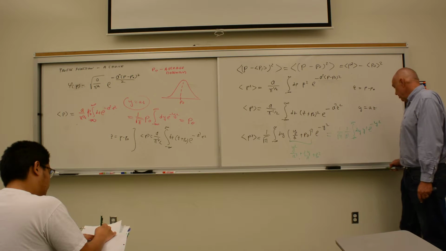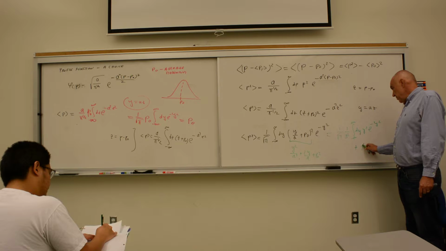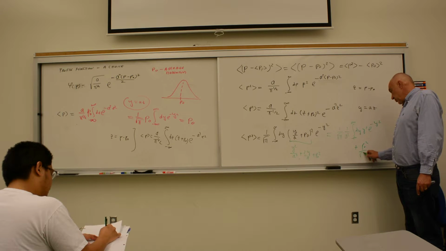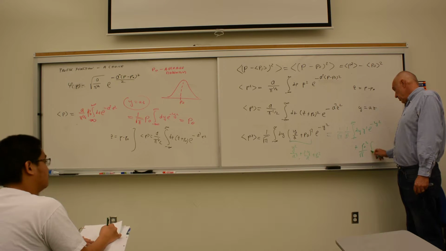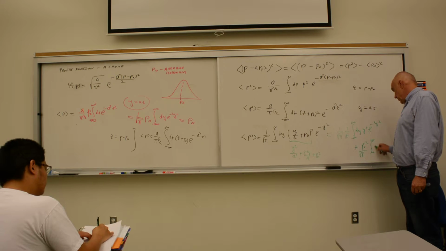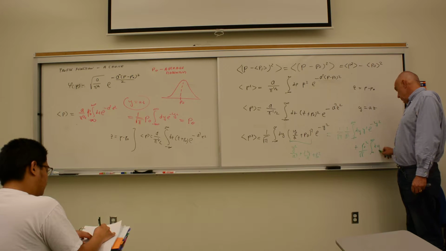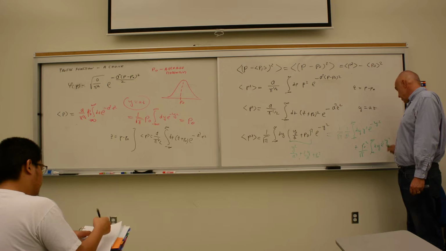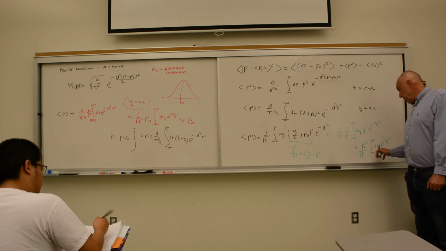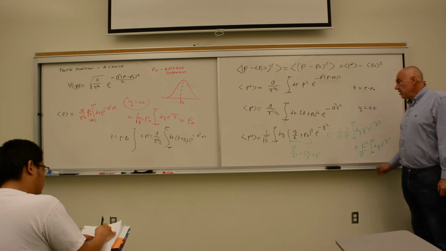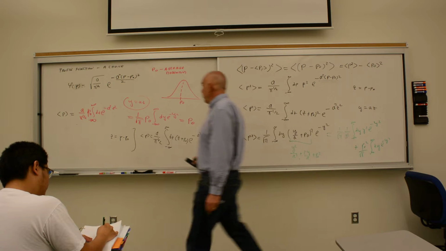And the last term is p0 squared over square root of pi, integral from minus infinity to plus infinity dy e to the minus y squared. But this is square root of pi, so we end up in this case with the result